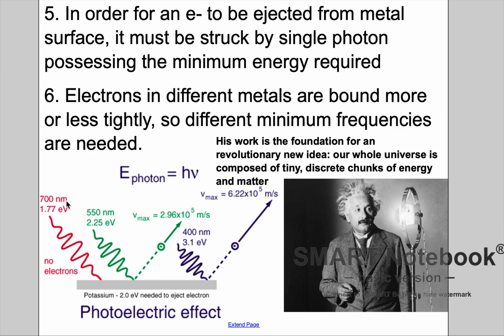So you notice up here that we have our frequencies, and then those are the energies. Electrons in different metals are bound more or less tightly, so different minimum frequencies are needed. And because of this idea that light behaves like a particle and has to physically hit that electron straight on,